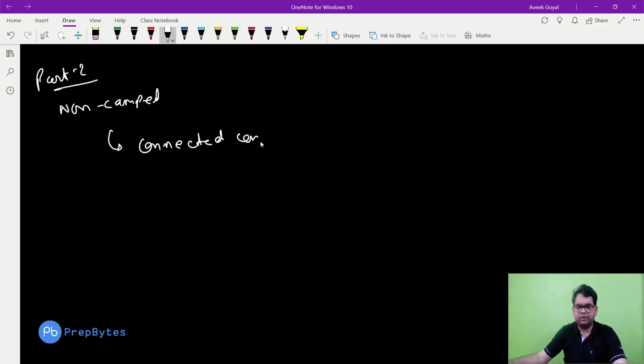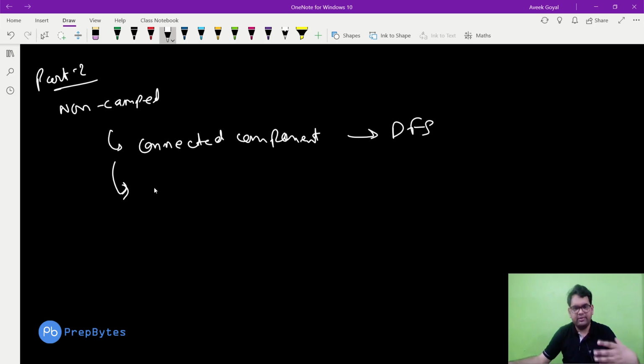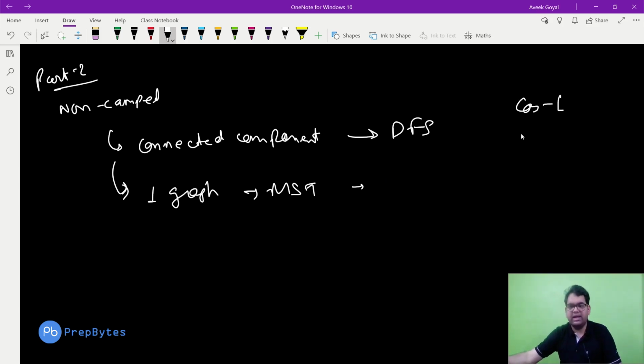Now for the non-encamped houses, first of all we need to find how many connected components there are, because there can be a case that a graph is not completely connected. For this we can run a DFS. Then we will make one connected graph and apply MST to get the minimum connected graph. For all the non-encamped houses, if a new node is created the cost will be 1, and for repairing the cost will be 1. So whatever edges are there, its cost will be 1. We got the MST, which is nothing but the minimum connected graph. Now this part 2 will be done.